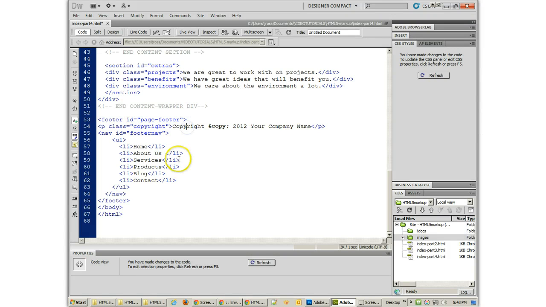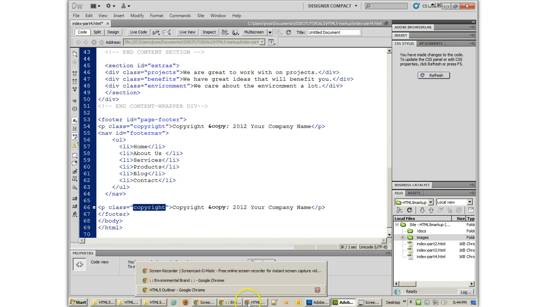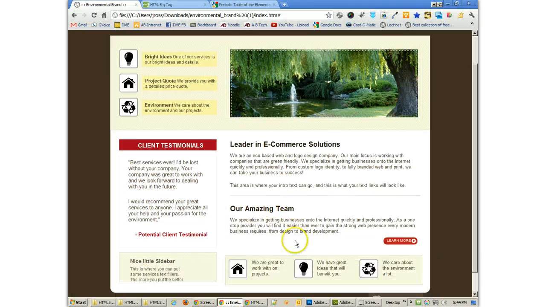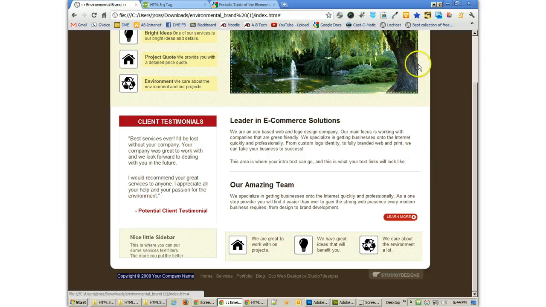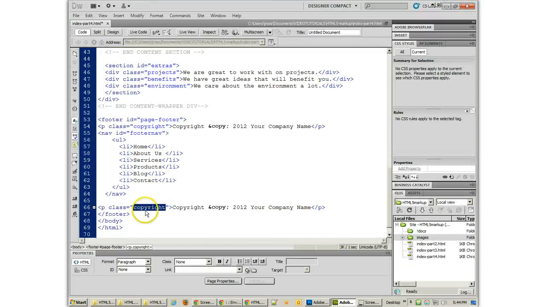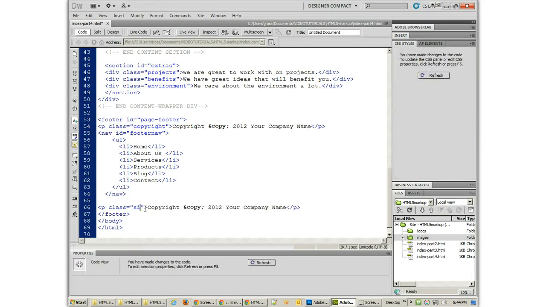And then after the nav, there it is, I'm going to go ahead and do another P class, and this is going to be my site information. That's the web designer information. So I'm going to just call it site info, and that will be